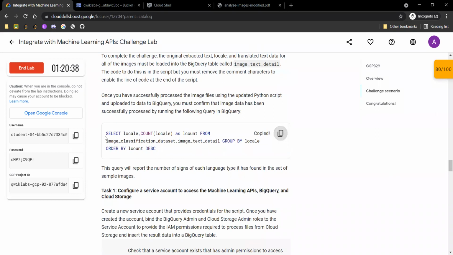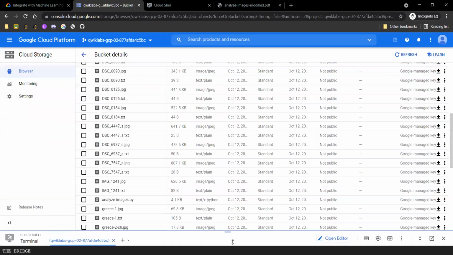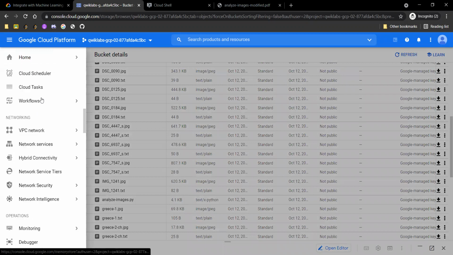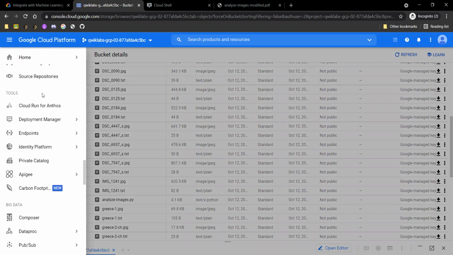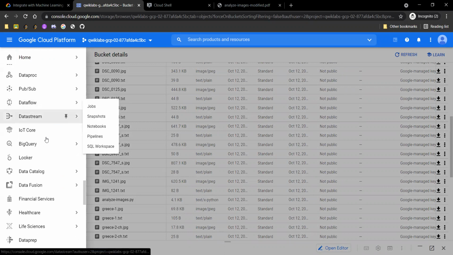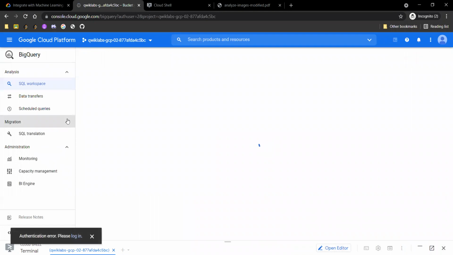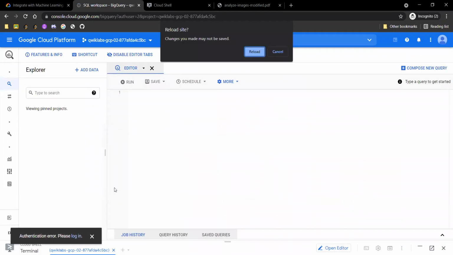Simply copy this whole command and go to Google Console, go to navigation and search for BigQuery. Click on BigQuery. Just let me log in again.